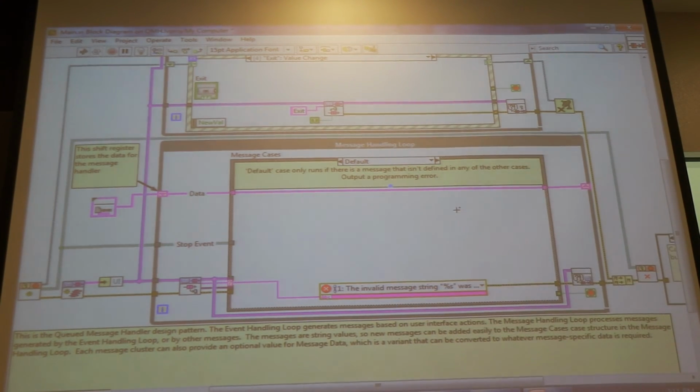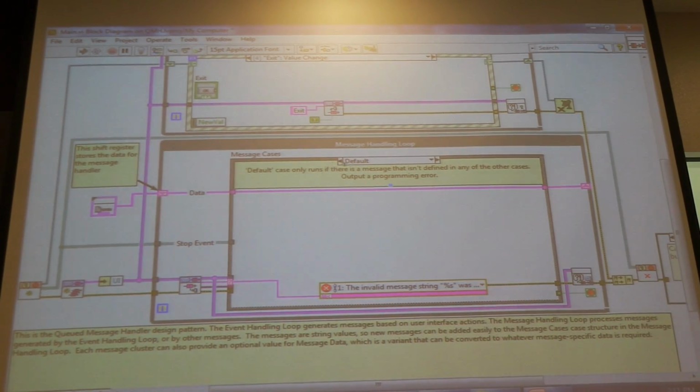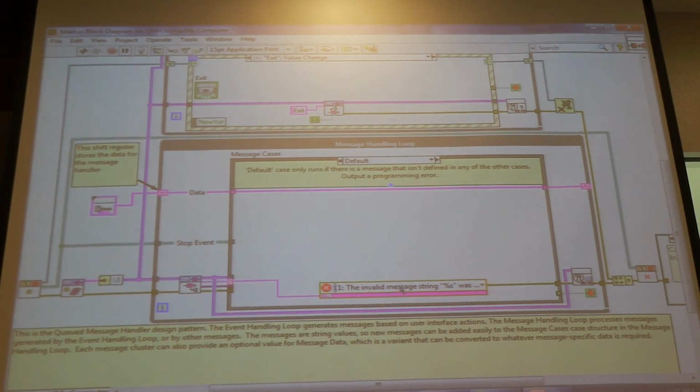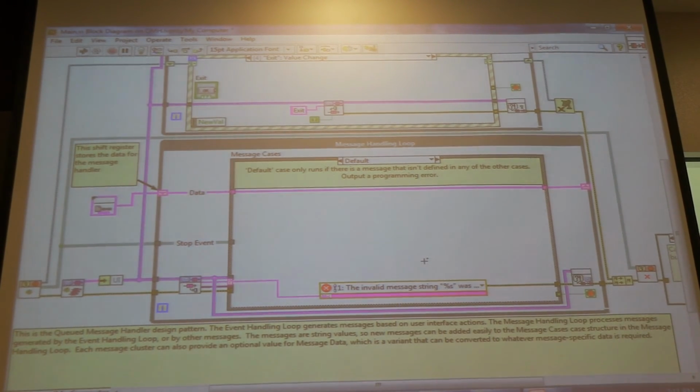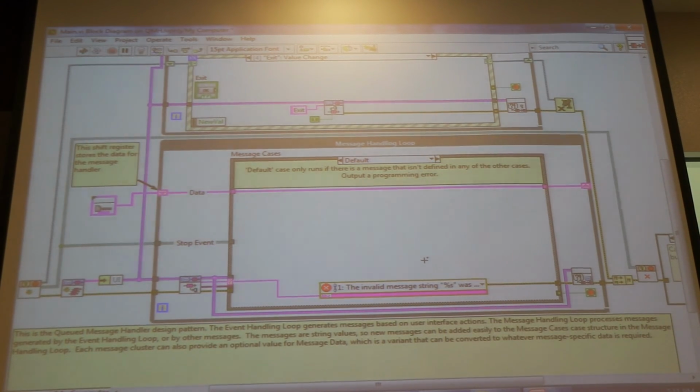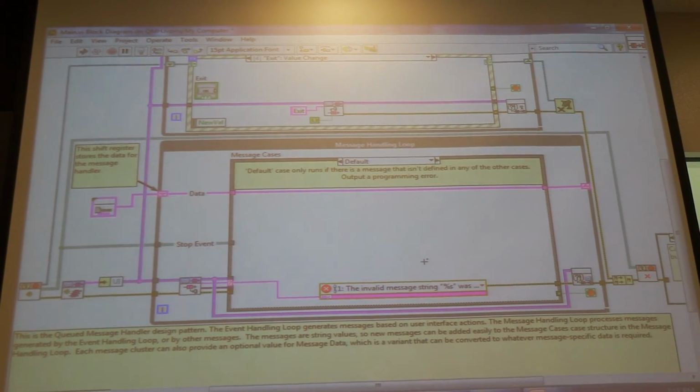if someone sends something that the message case structure cannot find, what does it do? You'll see that it sends an error, and this error uses the string of where the message is coming from. So this is how you can tell very quickly, and it's already been implemented for you. If somebody adds an extra space at the back, or uses the wrong language, you will face an error, and it will pop up for sure.